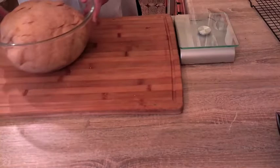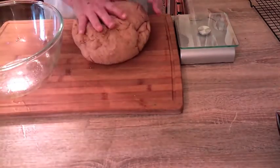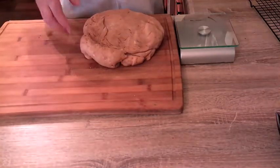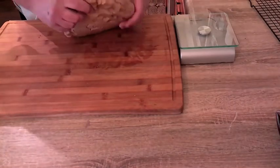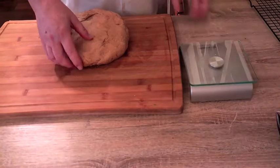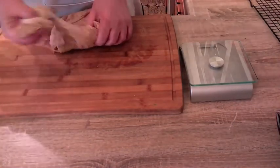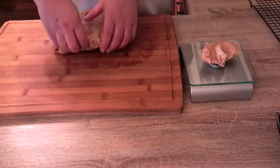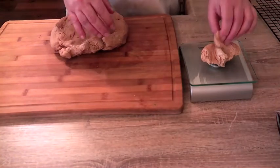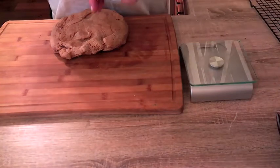Okay, so our dough has risen. Here it is. We're going to just punch it down, and then we are going to form it into balls and then form it into flats. I have a scale right here, and we're going to set the scale to grams, and we're going to take 100 grams of the dough, maybe a little over, yeah, about 100,